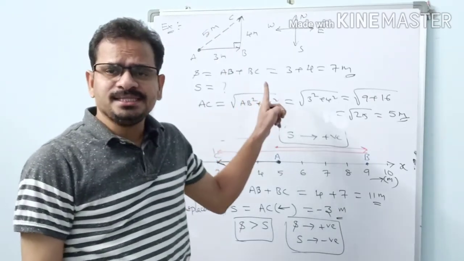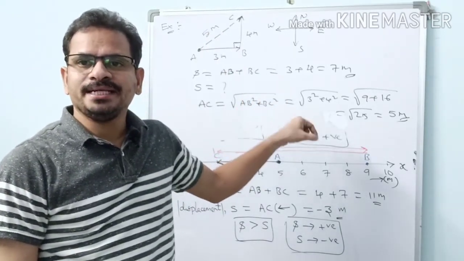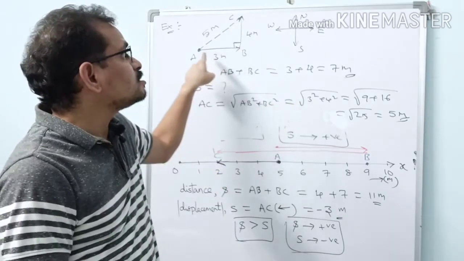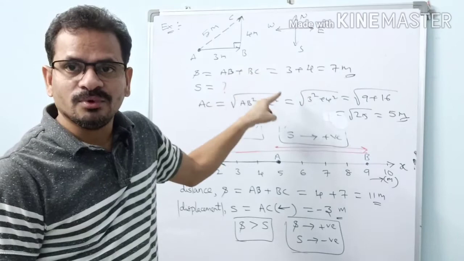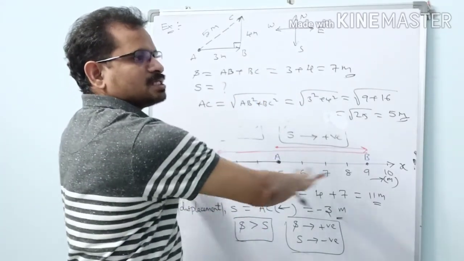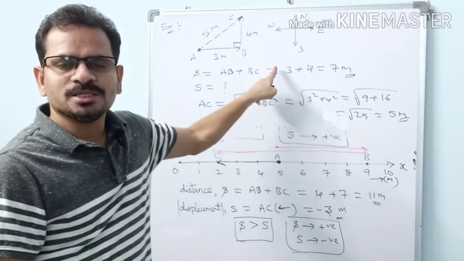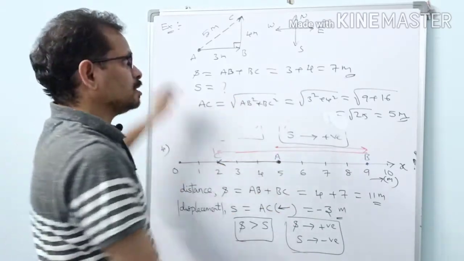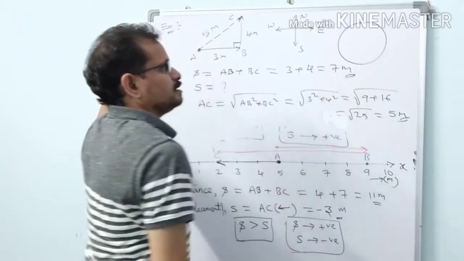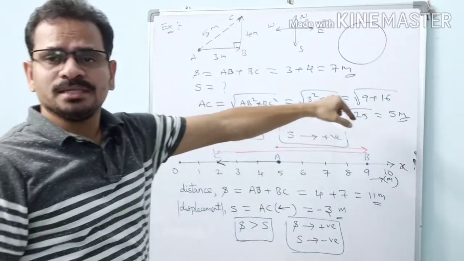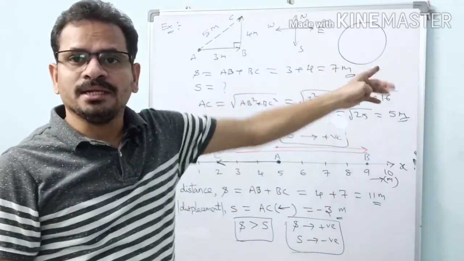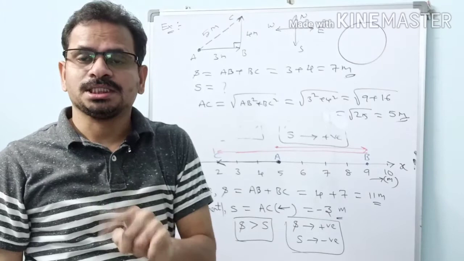But does this problem have any right to stay in our chapter, that is motion in a straight line? This is not motion in a straight line. This is motion in a plane. Straight line means strictly straight line motion. So we should not find these problems in this chapter. And one more, a problem based on a circle, a particle moving on a circle. That problem also we can see in standard books, but that is also motion in a plane. It is not motion in a straight line.